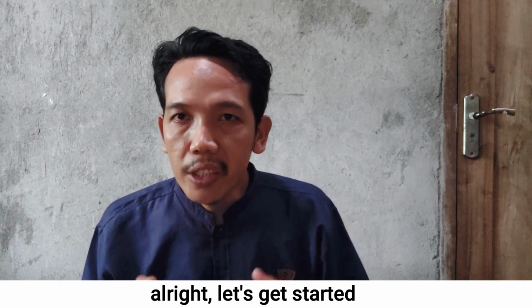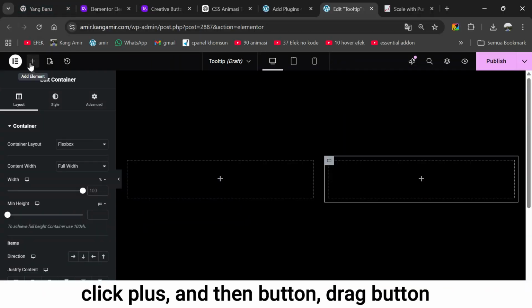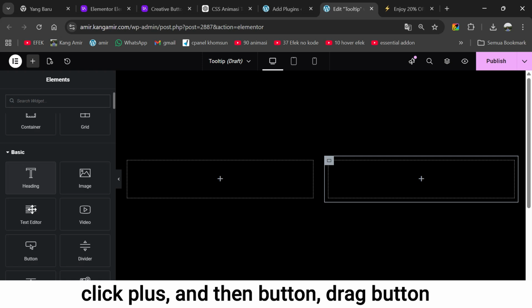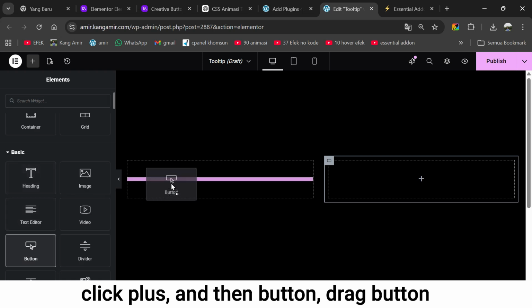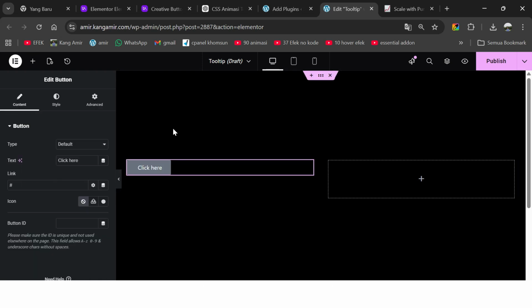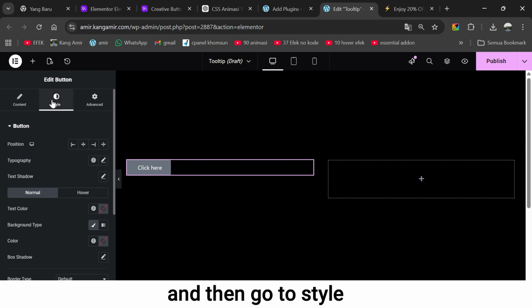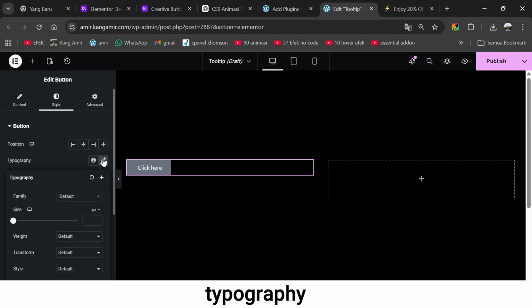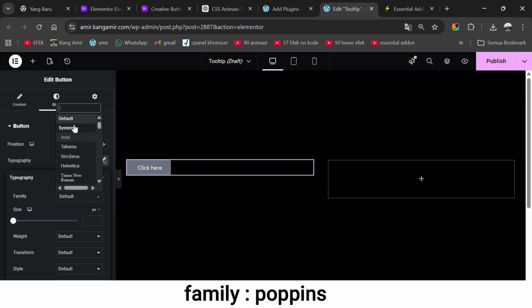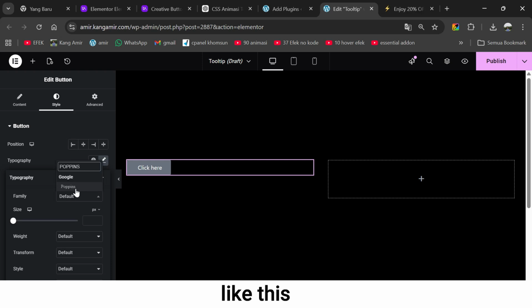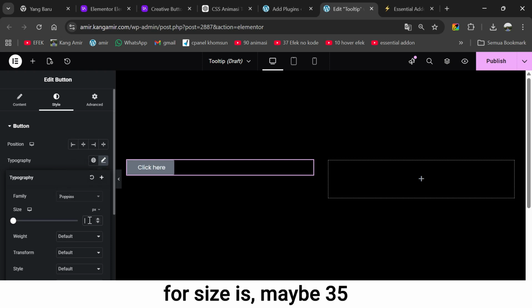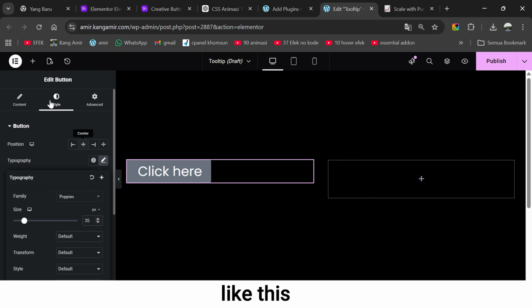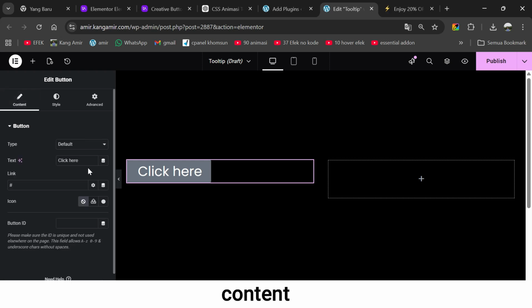Alright, let's get started. Click plus and then button, drag button, and then go to style, typography, family Poppins like this. For size, maybe 35 like this. Content,